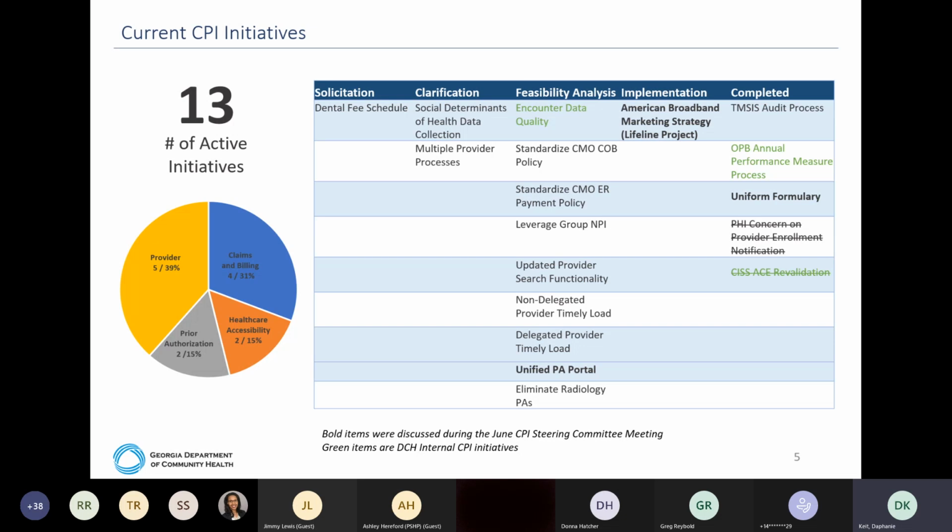And so we wanted to set up a process internally to ensure that as we learn about items on the TMSIS audit, that we incorporate our external stakeholders and get their feedback before we move forward with asking the CMOs to make some of these changes. So we've implemented that process, and we've actually used it in these last month or so with an issue related